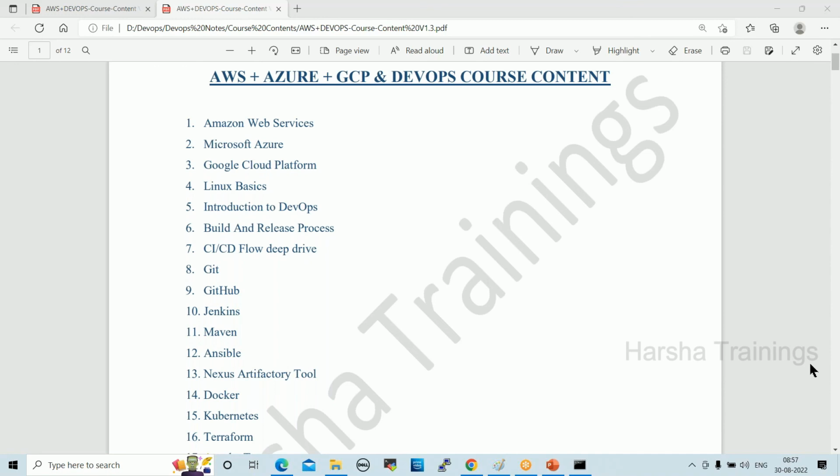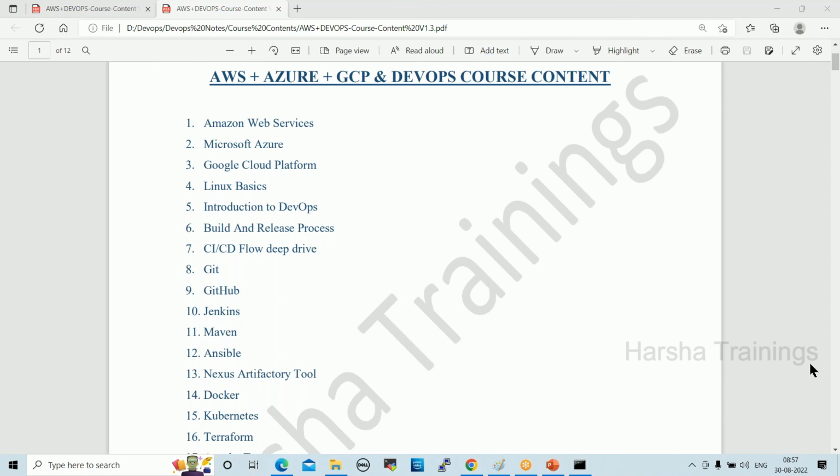Again, you have to learn Kubernetes. Again, you have to learn Jenkins, right? So AWS separately, we don't have any positions. If you search in Naukri or LinkedIn, for only AWS, there are no jobs, right? So whatever services are required for a DevOps engineer, those we are going to cover.